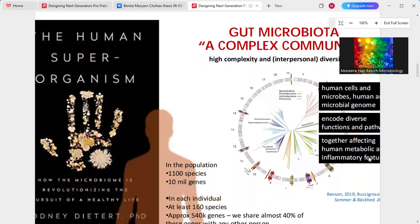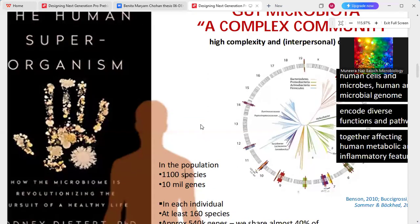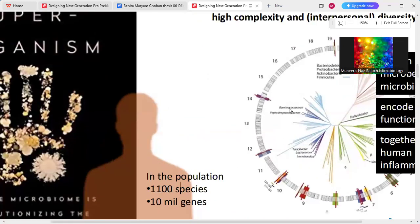Now, in this figure, after doing the metagenomics, you get these types of graphical data. And what do you see over here? You get a phylogenetic tree over here. And you can see, again, I'll just zoom in. Okay. Now, in this phylogenetic tree, what you're seeing is how many different types of genus are present in the